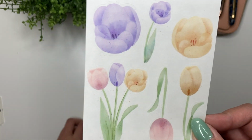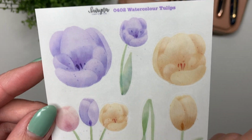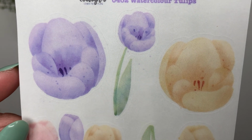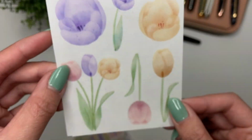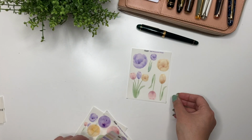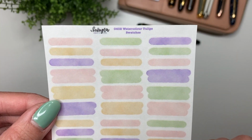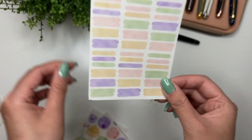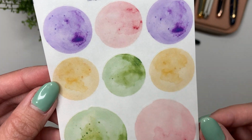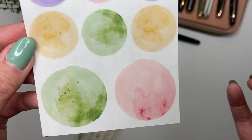So here is the deco sheet, and you get 6 different stickers on here, but you can really get the watercolor effect on that. I love that. And again, it can be available on clear matte or white matte sticker paper. And then you have the matching swatches. And then once again, the circles. I really like the circles to look like they are watercolor